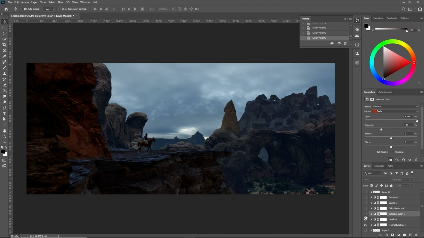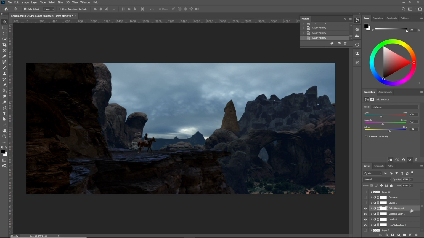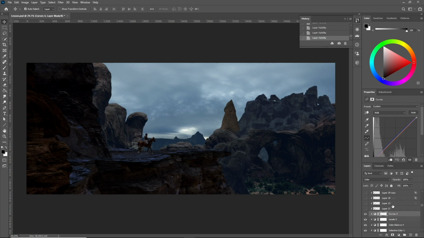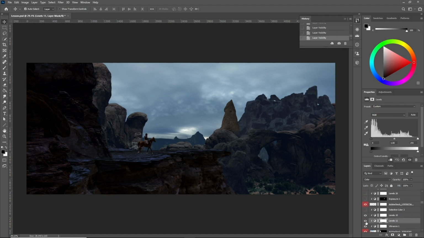Now again with the selective color, I changed the hues, and with the color balance I tried to add the blue tones to it, but it didn't do a good job, so I added the levels adjustment layer to make it more visible. I added a curves adjustment layer to make it more saturated. Now this is for the atmosphere, let's not get to it right now. I did the same for the rock in the front, levels set to color to add the blue color to it,